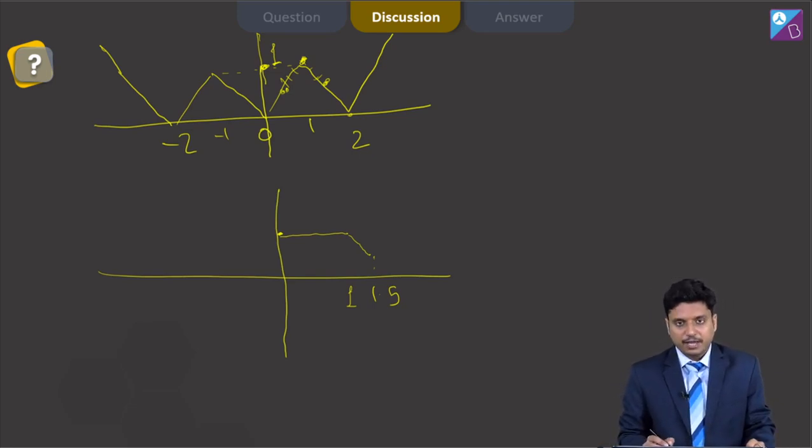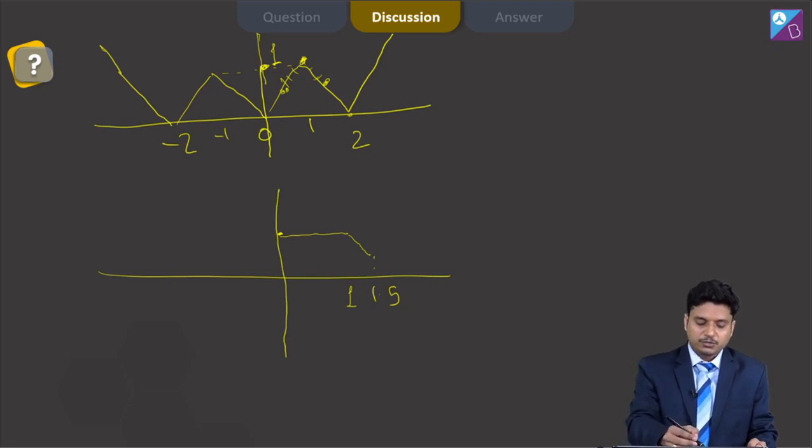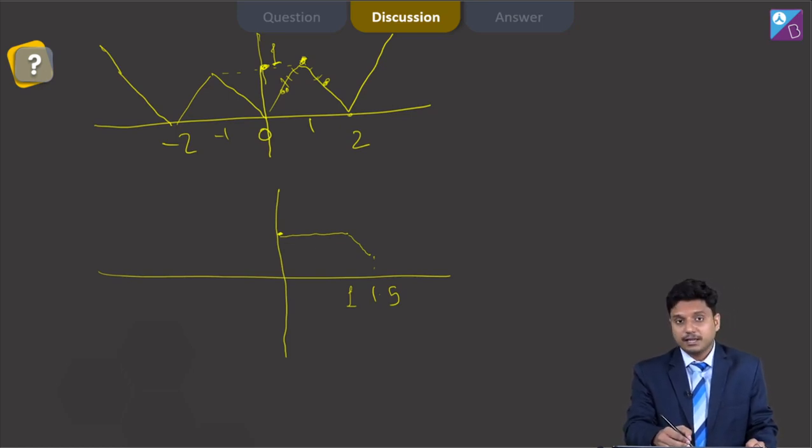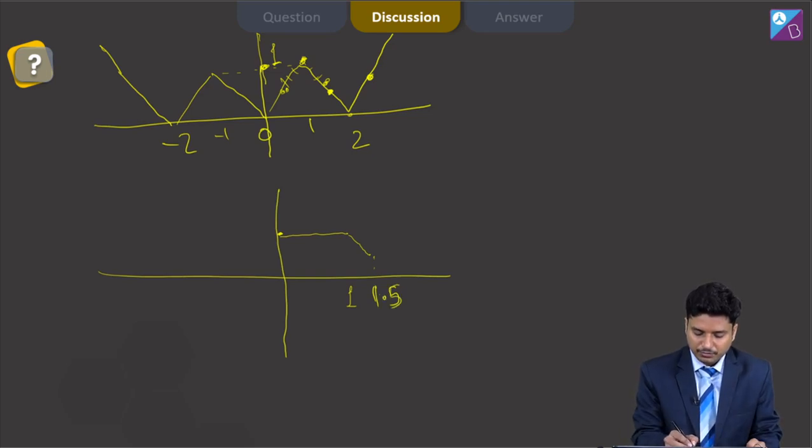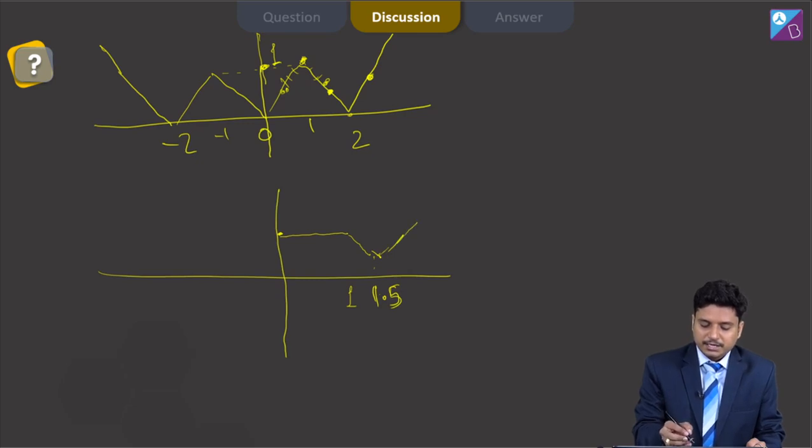This t will vary from f of 1.5 to f of 2.5. From f of 1.5 to f of 2.5, what is the maximum possible value? That is f of 1.5. But if you go on to find g of 1.6, that means your t will move from 1.6 to 2.6. So 1.6 is here, 2.6 is here. The maximum value possible will be according to this graph. That means after this 1.5, it will again keep on increasing, because now f of 2.6 will be your value.